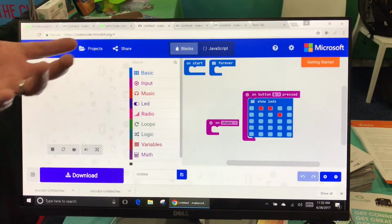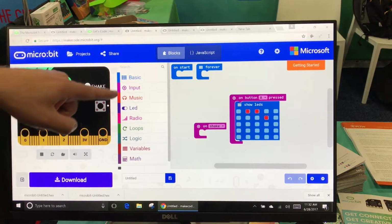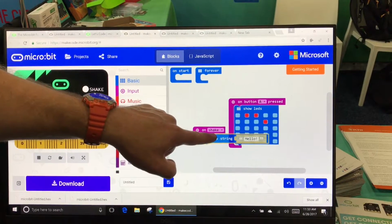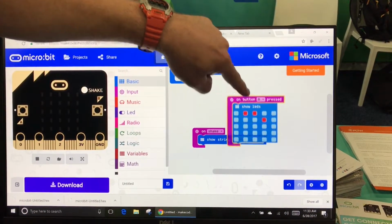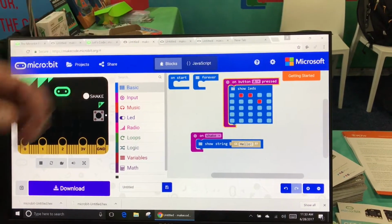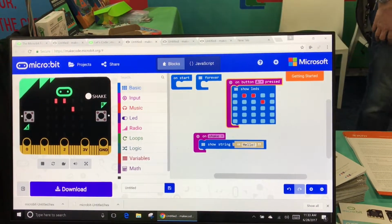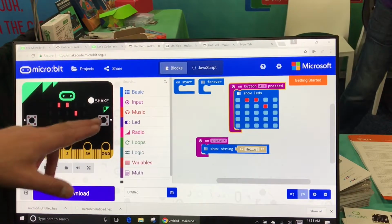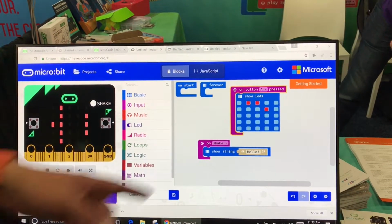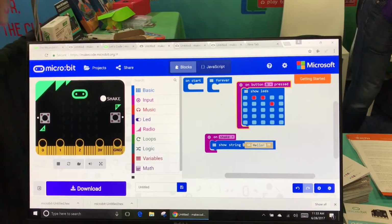here we have the block editor, and as you can see, it's extremely simple and straightforward. So if you want to do something, you simply hit the buttons and you can drag and drop onto the screen. The other nice thing about it is that you have an on-screen emulator which shows you what you've done as coding. So if we hit button A, you should get this image here. It's good to know that happened. Press button, when you shake it, it then scrolls hello. So it's a good way for people to be able to test their coding before they get anywhere near the